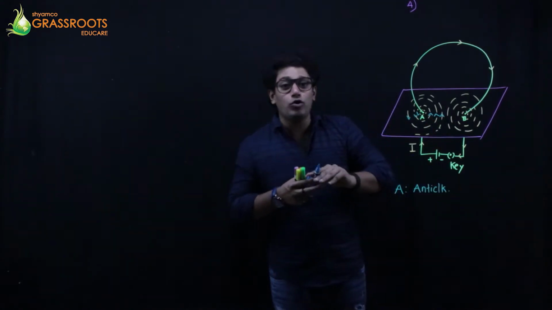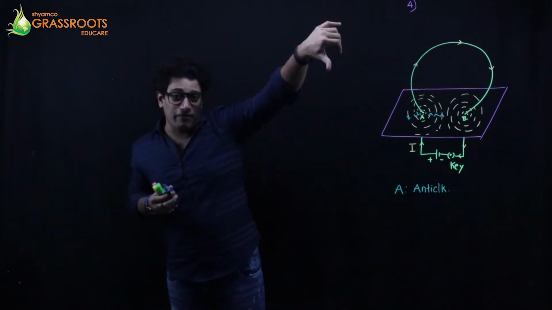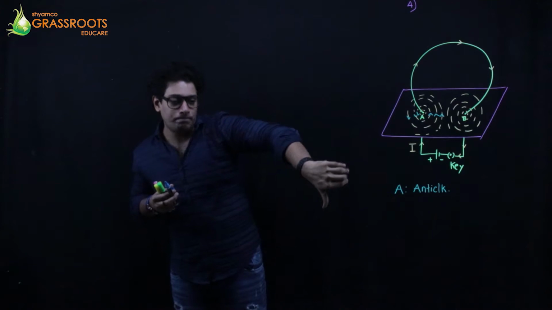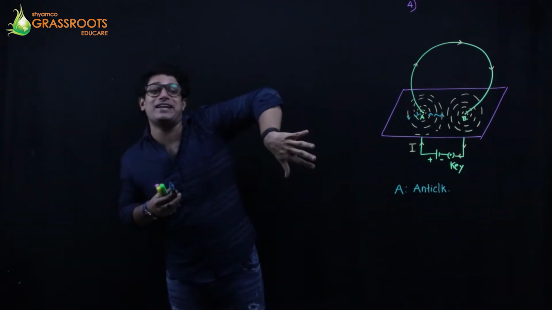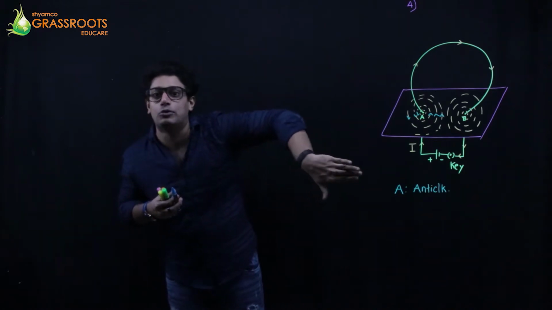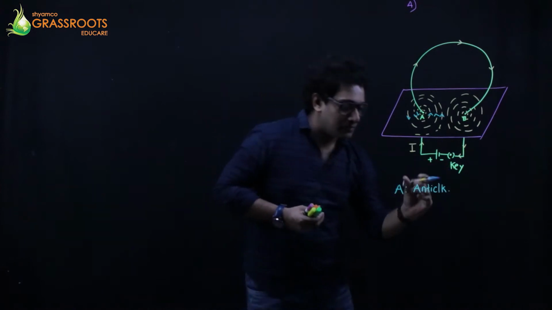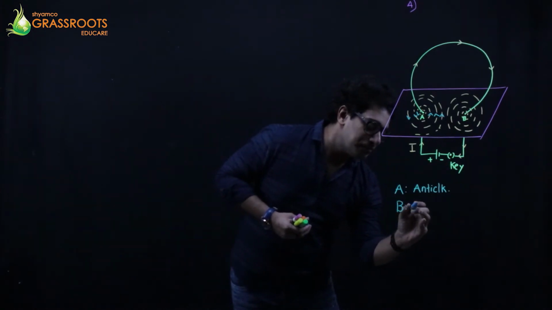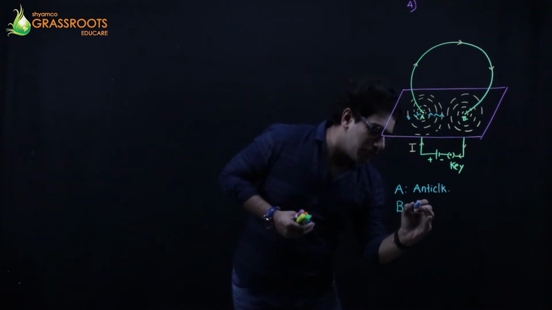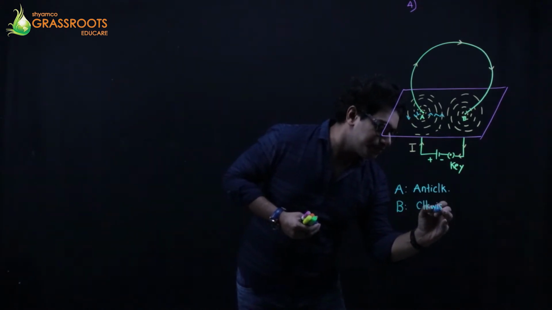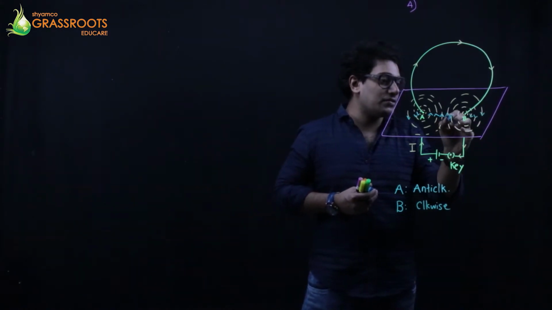And if I am talking about B, point B say wire is coming down. From point B, the wire is going down. The current is going down. So obviously, the direction of the magnetic field is going to be clockwise. According to right hand thumb rule, fingers give the direction of the magnetic field. So through B, the loop B, the direction of the magnetic field is clockwise. Clockwise मतलब घड़ी के direction में. It's going to be this and this.